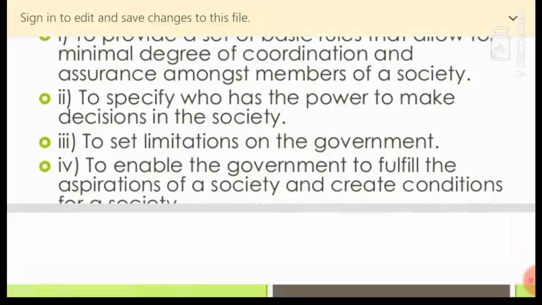The next function of the constitution is to enable the government to fulfill